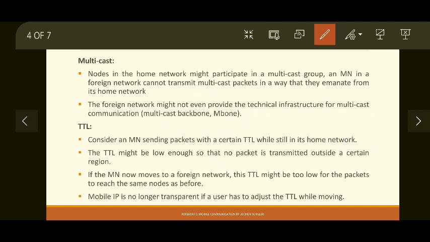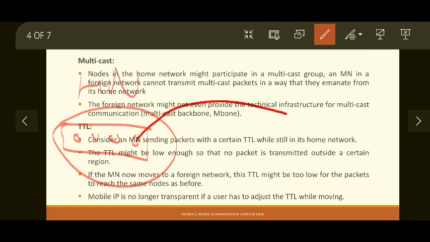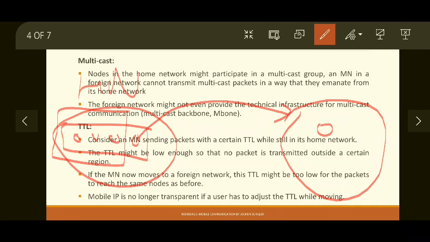Now if there is a group which is formed in the home network, let's say this is the group, this is the home network, and this node moves out to the foreign network. Now it cannot remain a part of the multicast group because these three are part of a different subnet, and this becomes part of a different subnet. So the MN cannot send a multicast packet the same way it used to send it through the home network. In the home network that is not an issue, but when it moves to the foreign network, it does not remain part of the multicast group because of having a topologically incorrect address.